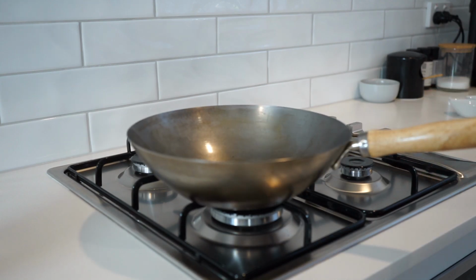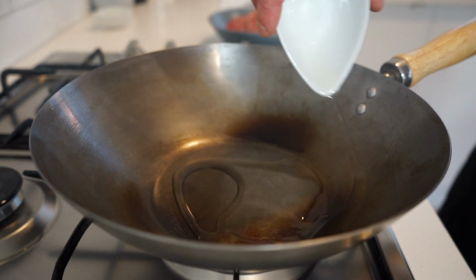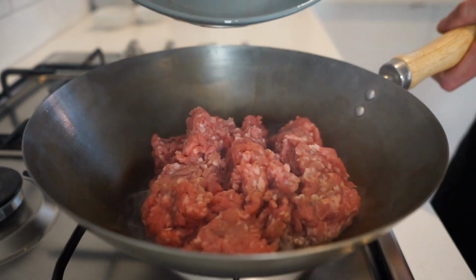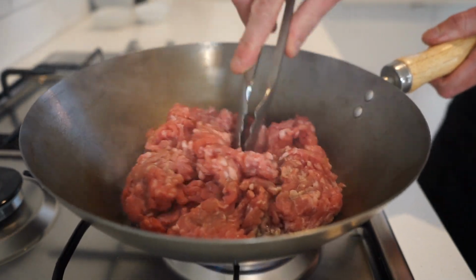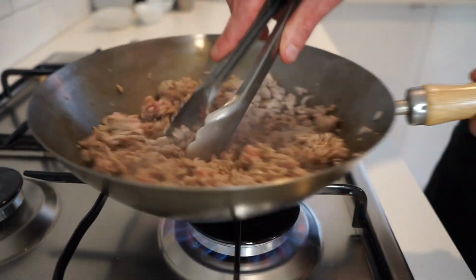To get this started, place a wok or large pan over a high heat. Once hot, pour in 1 tablespoon or 20 milliliters of peanut oil along with 500 grams or 1.1 pounds of pork mince or ground pork. Let's now break this up using tongs and fry for 4 to 5 minutes or until lightly browned off, moving